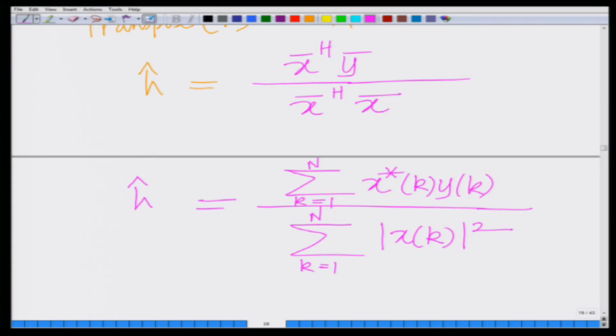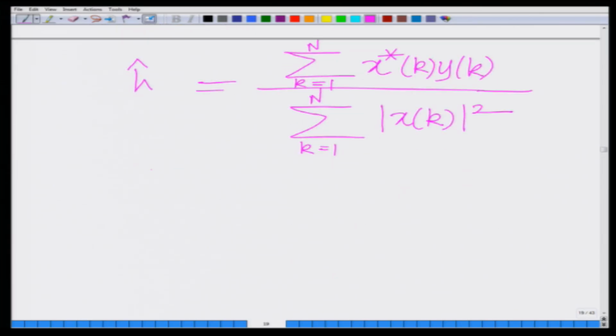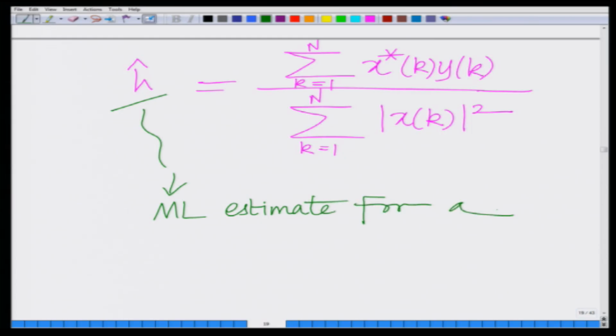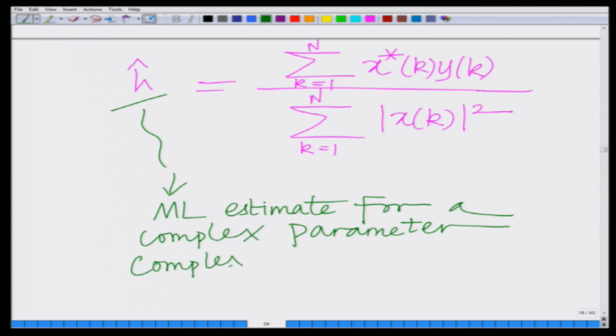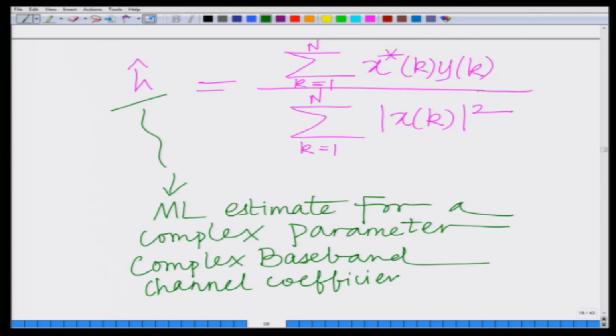This is the ML estimate for a complex parameter, or complex baseband channel coefficient h,